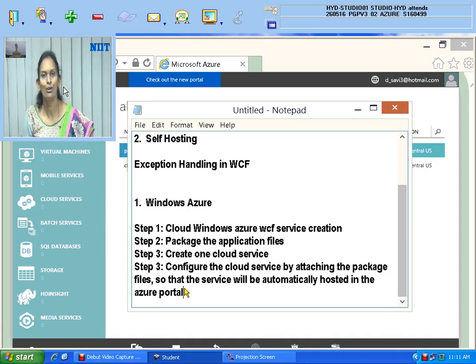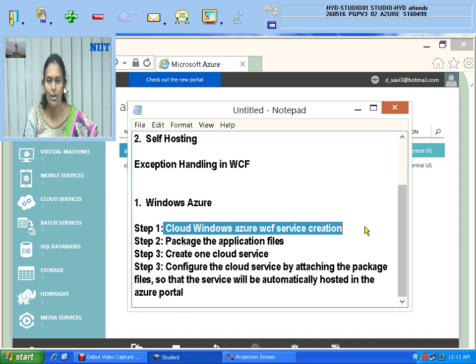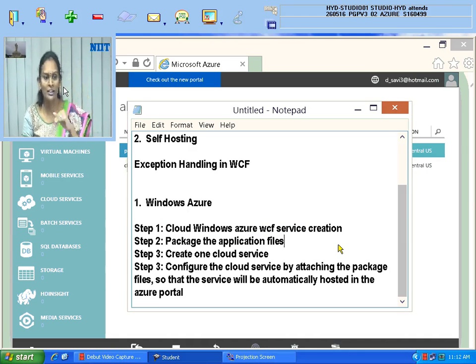That's only the main 4 steps. So in these 4 steps, for each one by one, I am going to show more steps, specifically in the Windows Azure WCF service creation time. Already we created WCF service easily, but now the way of creation is different. Your aim is to host it in Azure. So the general way of WCF service creation that I told previously is not supposed to be used. There are some other different steps from where you should create it. I am going to show you.